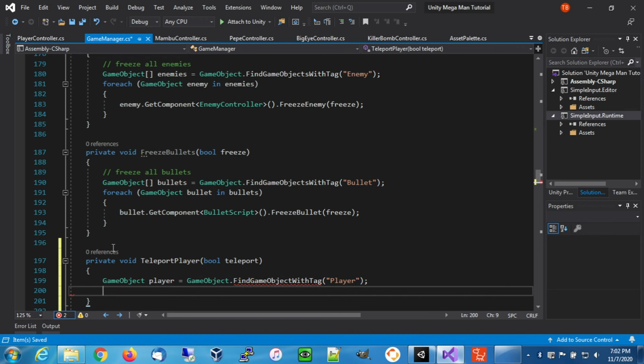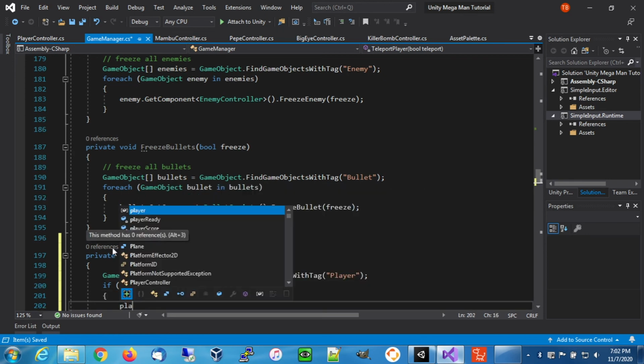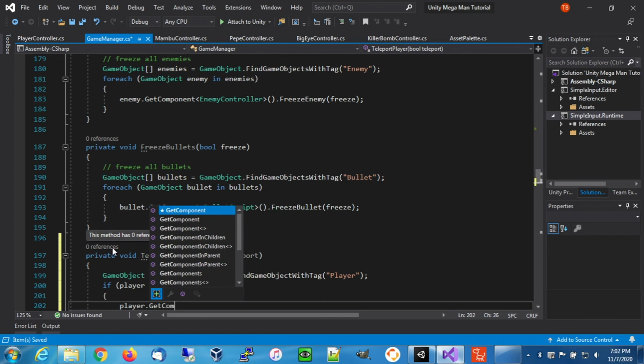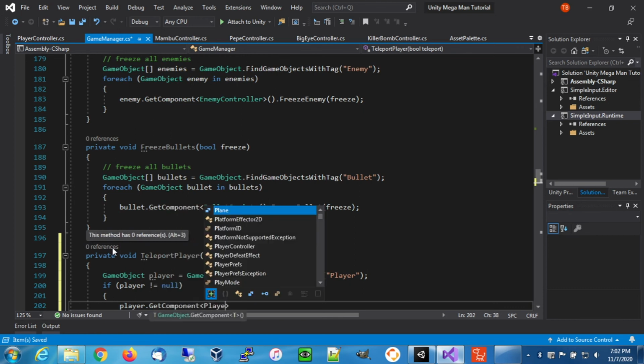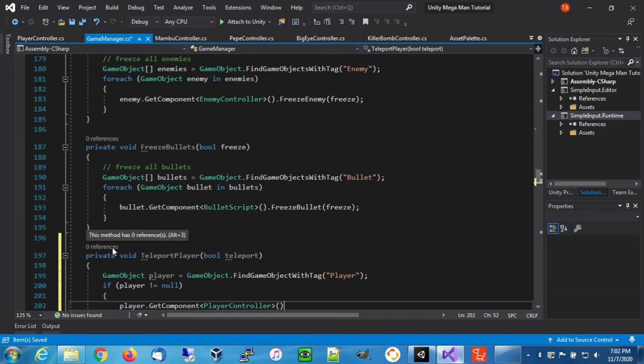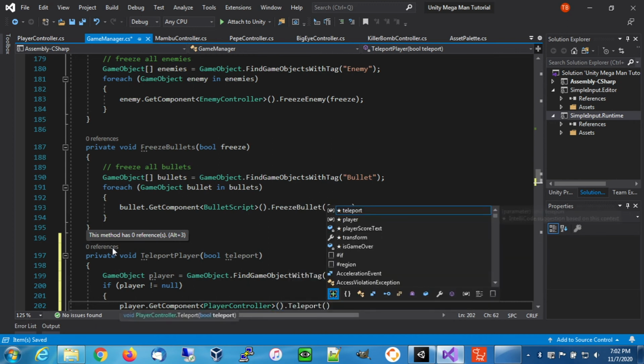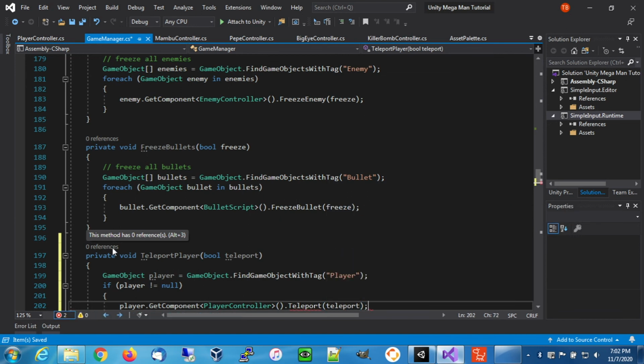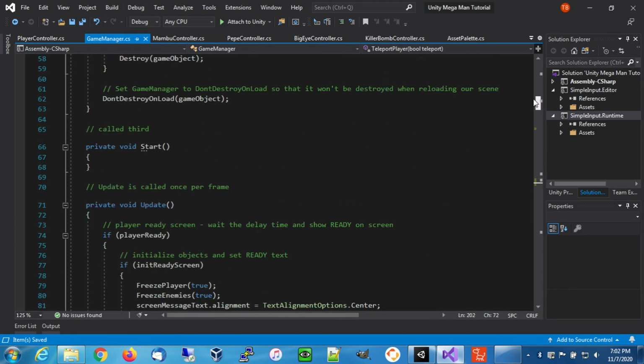And then if it's not equal to null, which means we found it, then we're going to say player.GetComponent, and then we're going to call our teleport function. That's why we made it public. And then we're going to use the value of that parameter right here. So let's save that. And then what we're going to do is up here in our game loop,